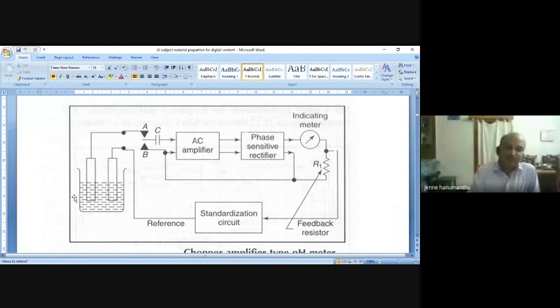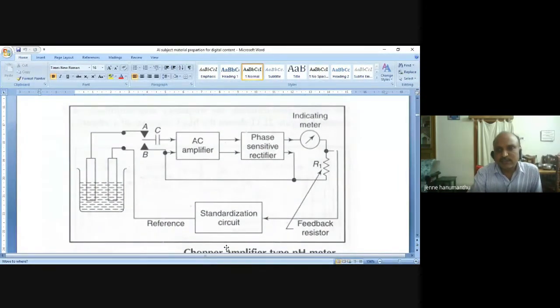Remember, anywhere we have to take two electrodes in a solution in a container. But the technique is different, the way to measure the pH value. In this technique, how do you measure? One is a reference, one more is a measuring electrode, right? So this reference is connected to a standard circuit